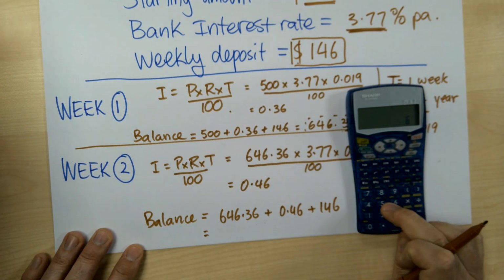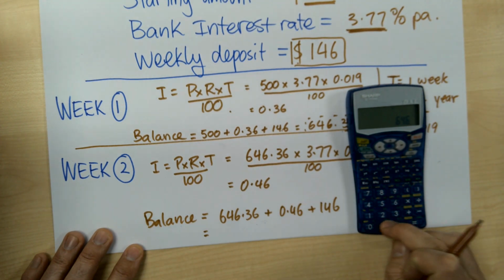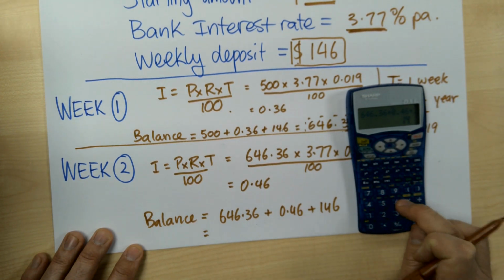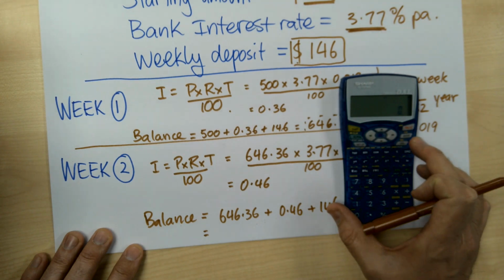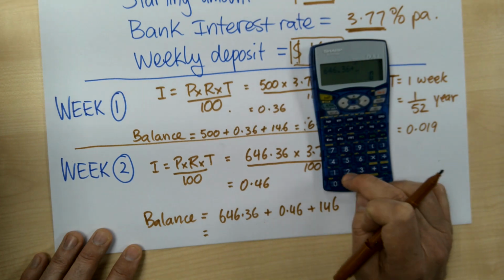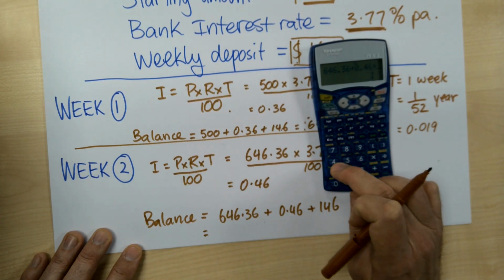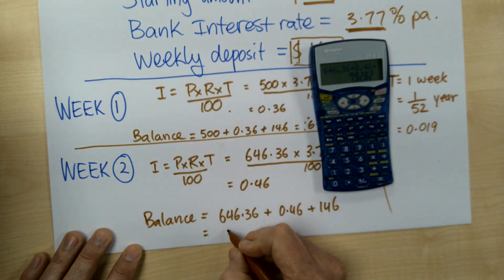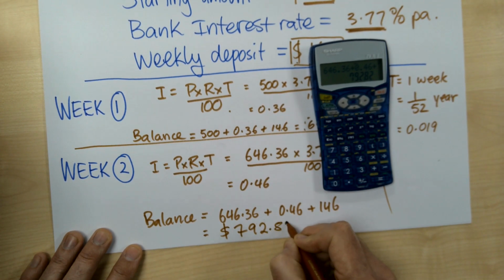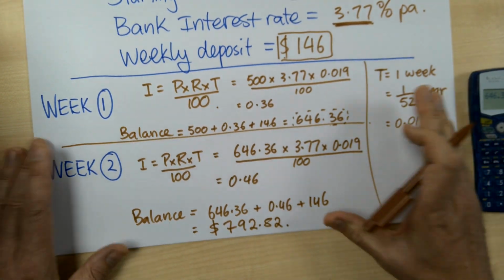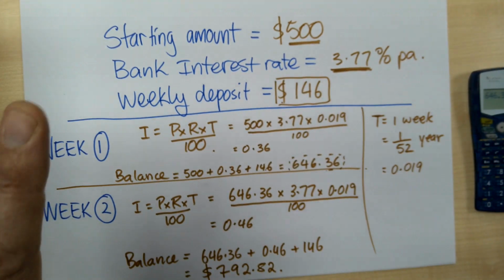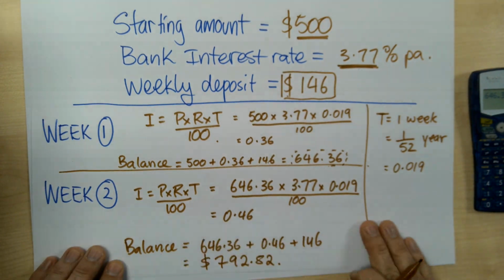So I go 646.36 plus 0.46 plus 146. So I've got $792.82. You need to do this neatly on a page, take a photo of it, and import it into your